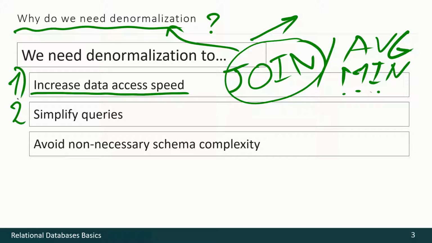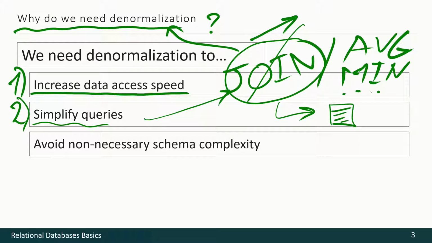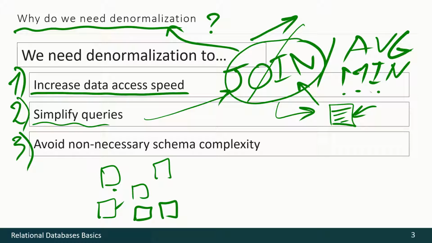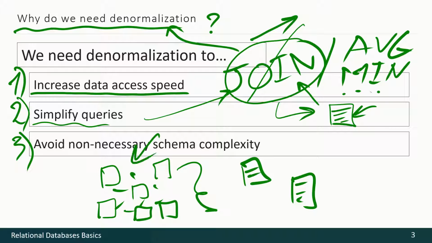The second idea is to simplify queries, because of course join queries or some other queries may be rather complex, but once again, when we use denormalization, we achieve a result of something simple and easy to access with simplified queries. And as long as we no longer have a lot of normalized relations, and instead we have something denormalized like 1-2 relations instead of several, this allows us to avoid some unnecessary schema complexity.